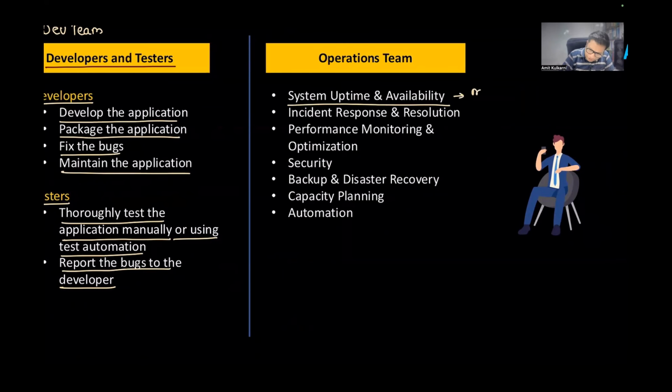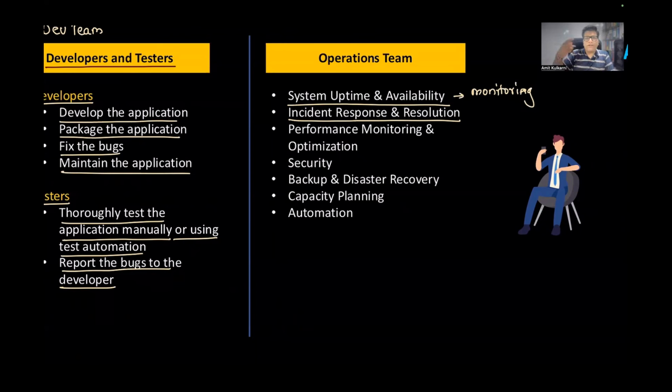This is where monitoring is required. If you remember, I mentioned a couple of tools like Nagios, Grafana, and Prometheus used here to check if the system is up and running, the availability and uptime of that application. Incident response and resolution. When I say incidents, something bad has happened, like your application has gone down or the application has got hacked. This is called an incident. So incident responding and incident reporting, both of them are important here from the operations perspective.